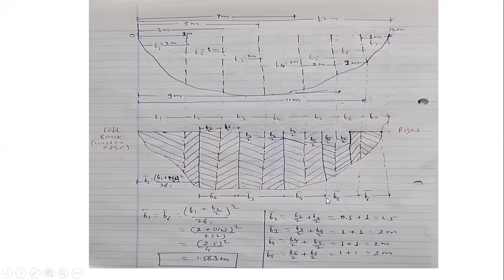So for this, that is B5 bar, the average width of the fifth segment, B5 bar equals half of the left segment. Which one is on the left? This upper one, the fifth one, so half of the fifth, B5/2, equals 2/2, it means 1. Okay, I have written 1 here. Then on the right-hand side is B6. Half of B6, B6 is 2 meters, so half of it is 1 meter. So 1 + 1 is 2 meters.